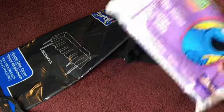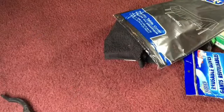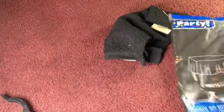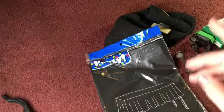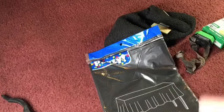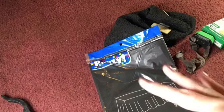So we got some wipes, disinfectant wipes, or hand sanitizer is good to always keep in the car. Gloves, so you don't get stuff all over your hands. This table mat, so you can put it either when you get home like I do, or you can put it on the floor of your trunk, so when you put boxes, that's another thing. It's probably better to put an old sheet or blanket on the bottom, the floor of your trunk or your back seat, so you don't ruin